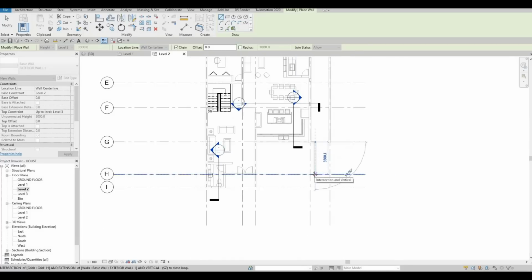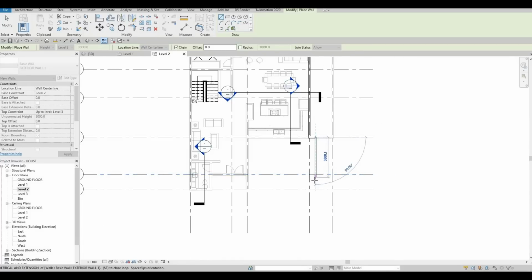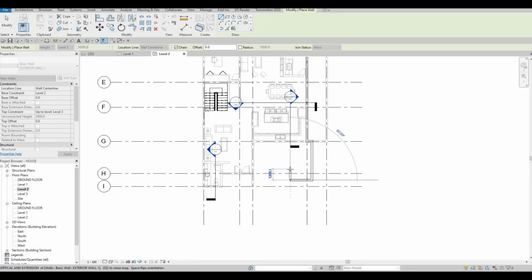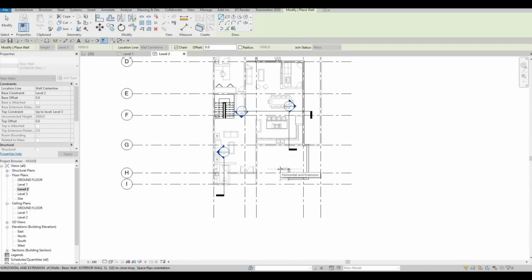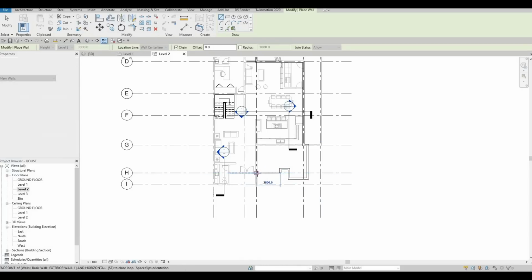I want to hit at least over the H grid line. So I'm going to go 4200 from here. And then after that, we're going to go around, I like putting around 2200, and then going back right here to our intersection of H, but we're gonna go over that around 1200, and then we're gonna go across again. This will be 1000, and then going back to H grid line, going across here,